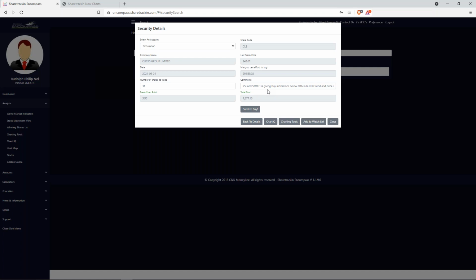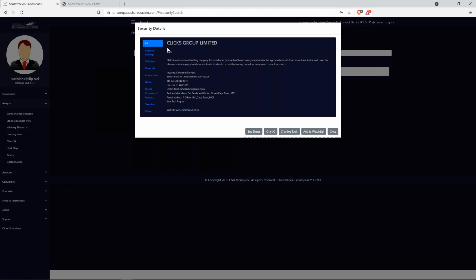What I would usually suggest is use a technical reason with your fundamental. Then if you did fundamental analysis, use one fundamental with a technical. Okay, so it just makes your reason so much stronger for buying the share. Then when you buy the share and put in your reasons, we can always go back and see, did you buy the share for the right reason? And why did the share maybe go down when you bought it? Or why did your share go up when you bought the share? All right, so after you've entered your comment with the number of shares to trade, you just click on confirm buy,